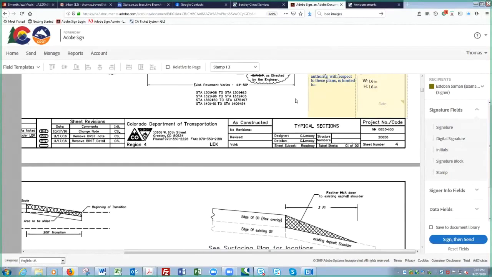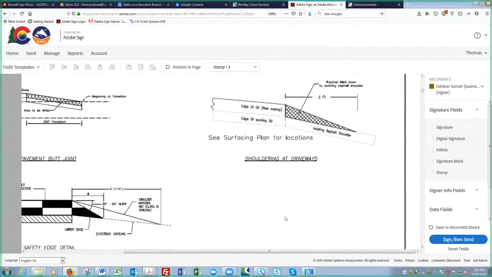The one thing Adobe Sign does not do is allow you to repeat it within a range of, say, repeat this tool from pages 5 through 50. It won't do that. It's on every page from wherever you are to the end of the plan set. That's the only option. So it's a decision you'll have to make as to which is the best way to do it. So let's give Steve one more page to sign